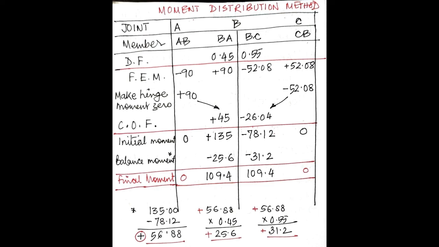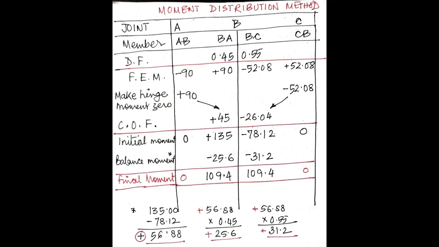As I have explained the steps before starting the problem, first we should write the joints. So what are the joints? A, B, C. Okay. See how we make the table. Next is the member. Under joint A, the member is AB. But under joint B, it is BA and BC. So you put a vertical line over there, BA and BC. Correct? And the last joint is C. At joint C, the member is CB. So this is the second step.